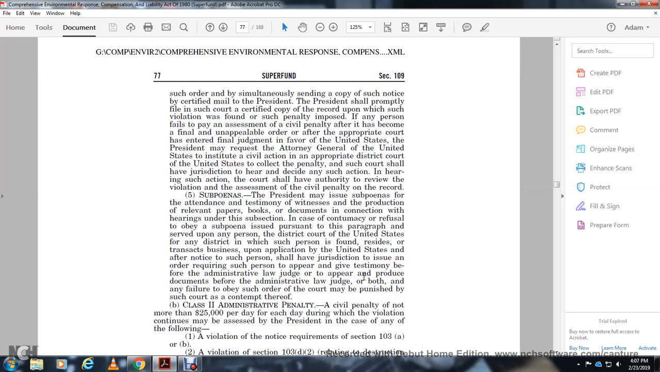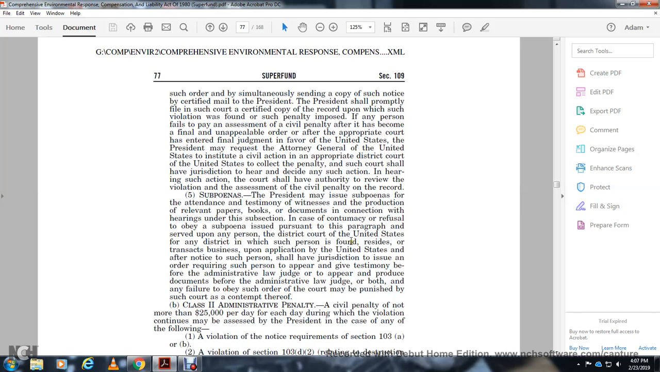Subpoenas: the President may issue subpoenas for the attendance and testimony of witnesses and the production of relevant papers, books, and documents in connection with the hearing under this section. In case of contempt or refusal to obey a subpoena issued to any person, the district court of the United States